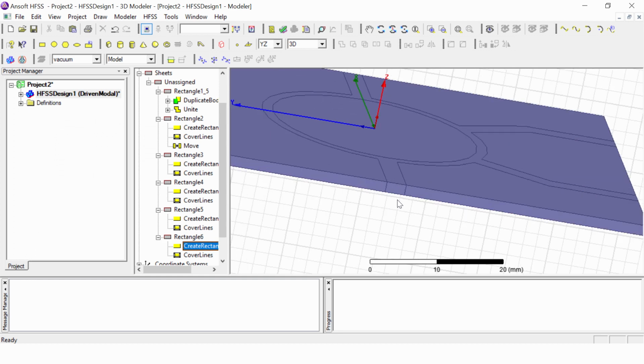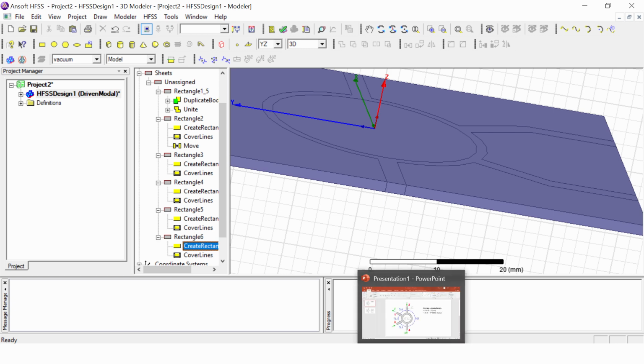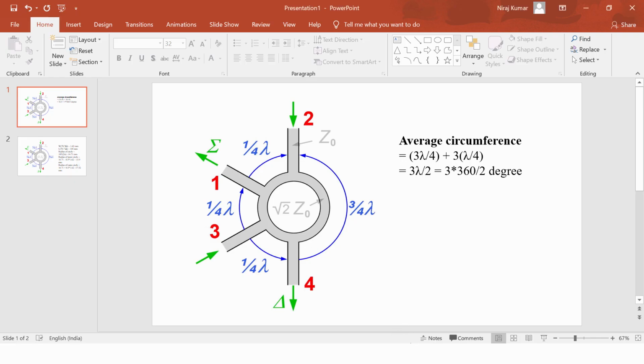Now we will give the port excitation, and for that we have to see which one is port 1, port 2 and port 3. So from here we can see this is port 1, port 2, then 3 and 4. First of all we will give here, then here, then here and here.